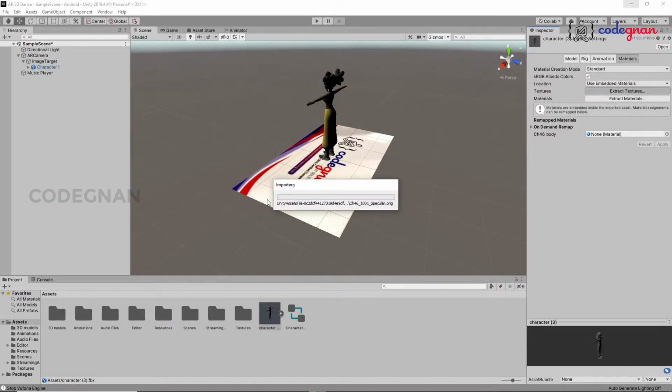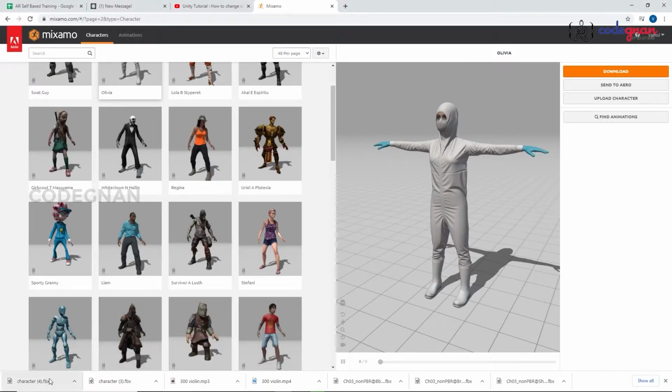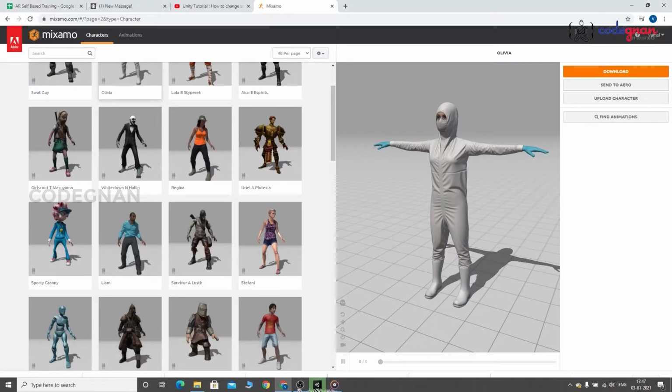I'm going to use this folder for all the 3D model textures. If you want to create a new folder, you can. For now I'm going with the default texture folder that we already previously created. Yeah, this was also downloaded. I'm going to drag this into the Unity editor again.